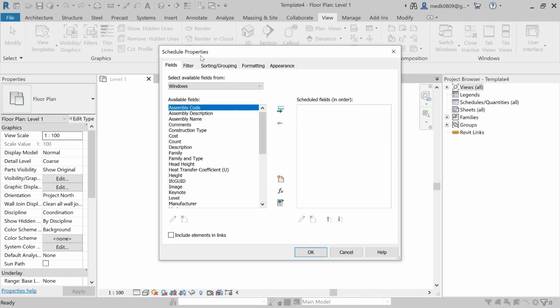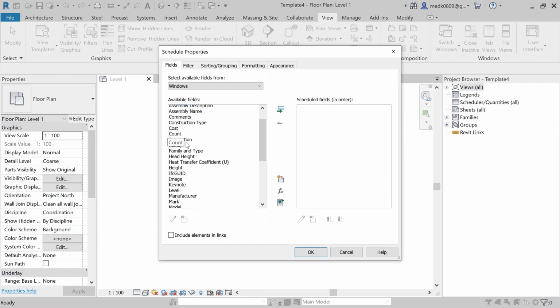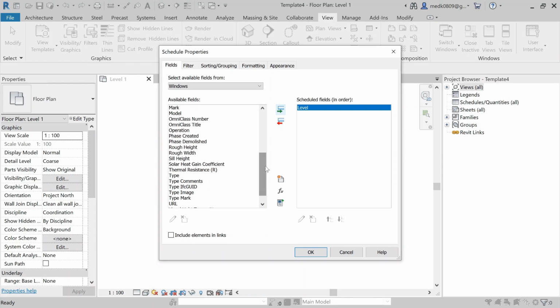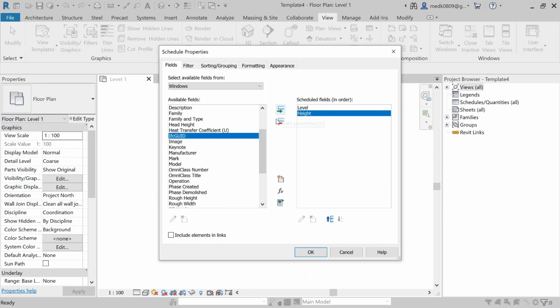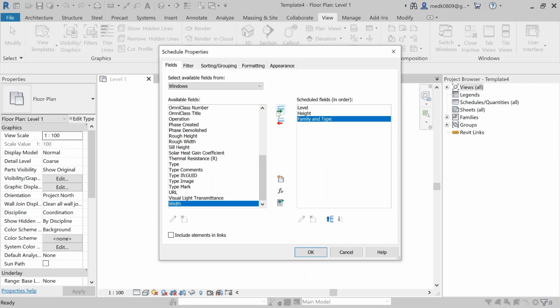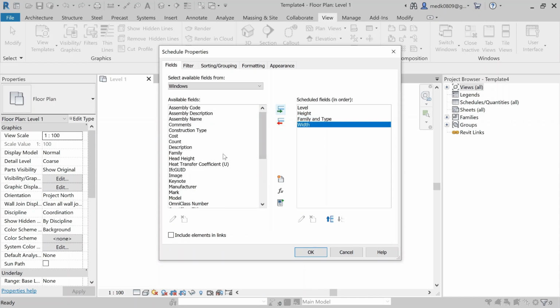Now you have the schedule properties. From here you will see the selected field, we have the windows. Now we have to select the available fields for this particular component. So let's select level. Okay, let's select the level as a field for this component. Now let's select the height and family and type. Also can select width. Okay, and then also can select more. So after selecting the schedule fields, you can click on OK,